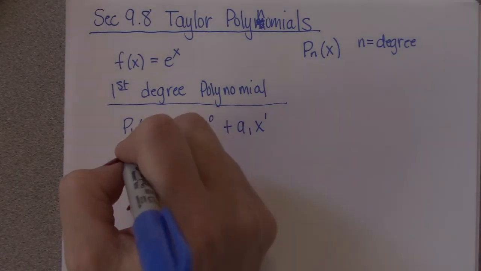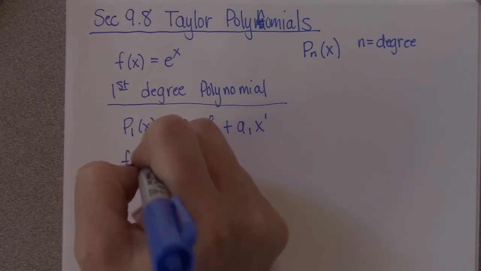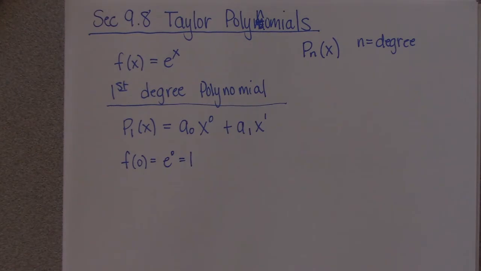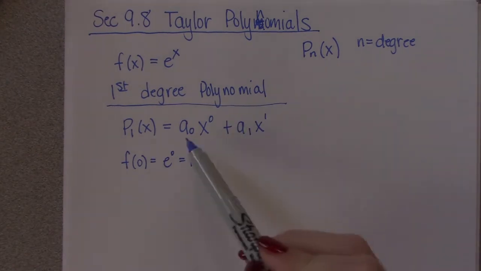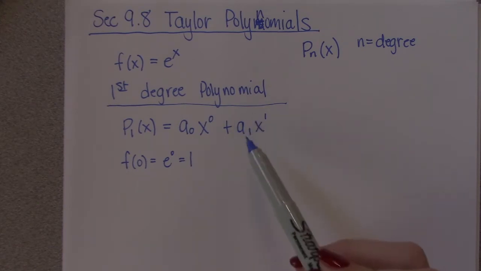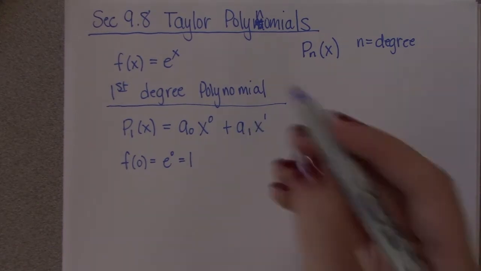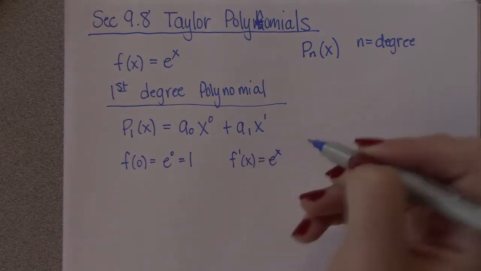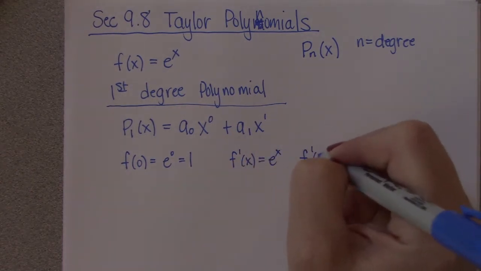So if we find the value at 0, we're going to get e to the 0, which is 1. Then we know that if you have the equation of a line, a1 is actually the slope. And we get the slope by taking the derivative. So the derivative of e to the x is just e to the x. So f prime of 0